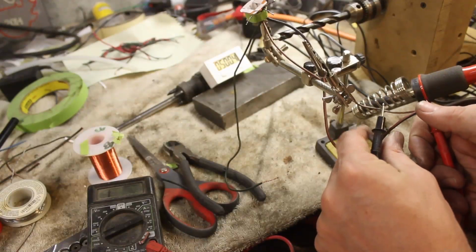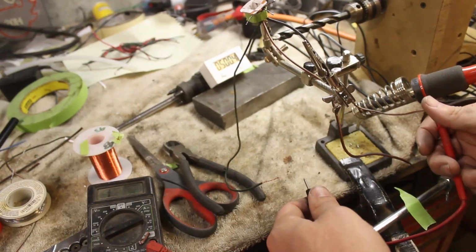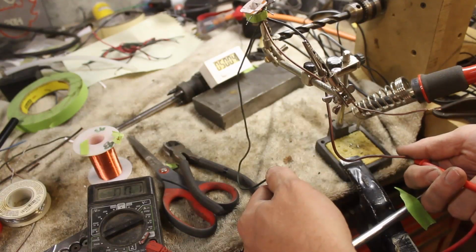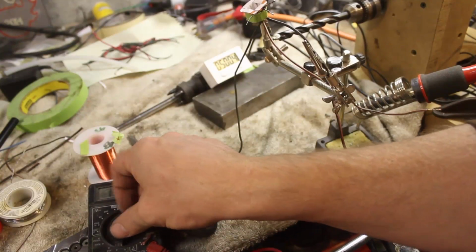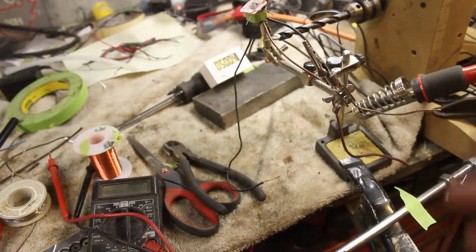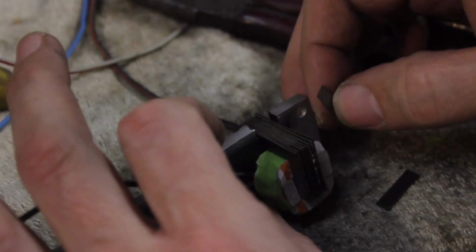This is the beginning of the coil here. This is the middle one, so we're watching the resistance over here. There we go. Continuity. And then I'm going to take from the center tap again to the ground. We have continuity. And then from the primary tap there, or the first winding, we have continuity. And that's on a 20,000 K scale. I know there's some reading that you can do that tells you how many windings you have and all that jazz. I don't know what that is, but we'll just leave it at this and know that we have continuity. The next operation is sticking these little guys into all the gaps,